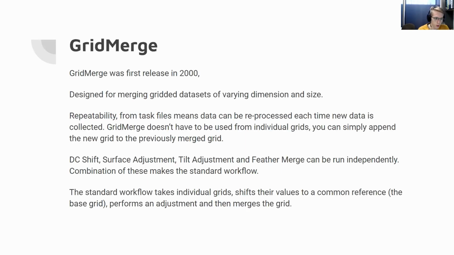With those questions out of the way, I believe there was another question for kernels earlier that was addressed to Tim. But yeah, this is grid merge. Grid merge was first released in 2000. In historical products, it was called grid stitch. And it's designed for merging gridded databases of varying dimensions and sizes together